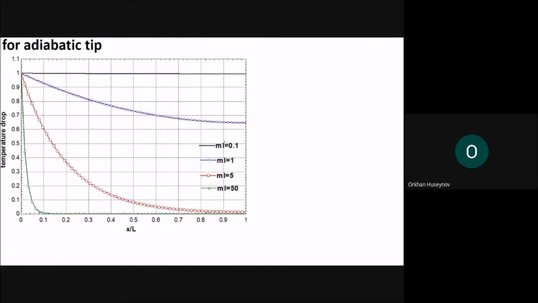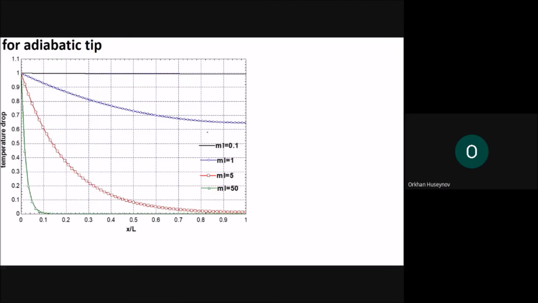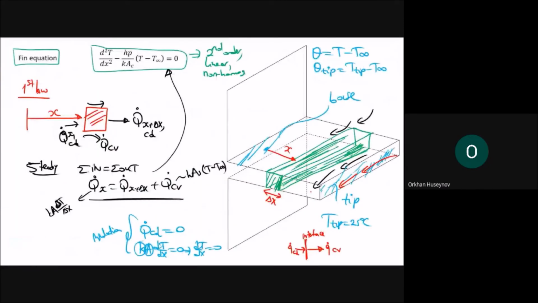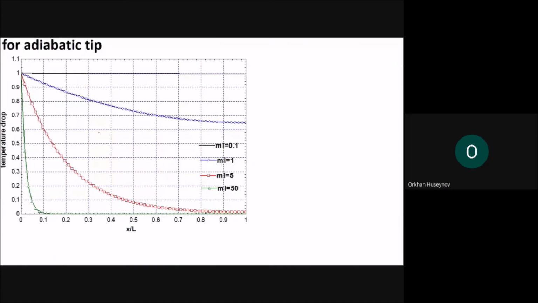Okay, now there is a graph for the adiabatic tip, and the graph is the temperature drop of the fin versus mL. What is m? m is the square root of hP by kA_c, and L is the length of the fin. So L is this one, the length of the fin, and m is the fin constant. Okay. If you look at the graph, you can see that in the first case, when mL is 0.1,